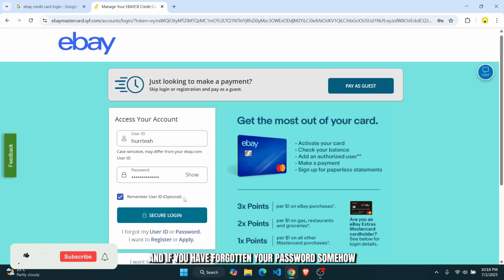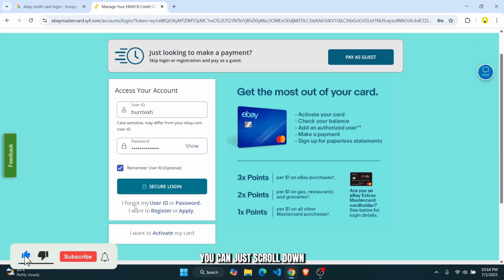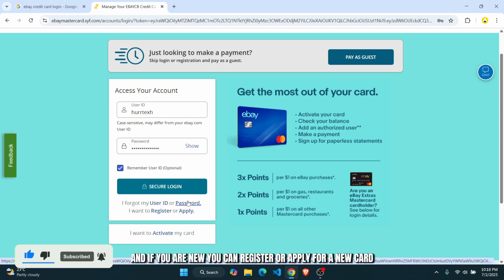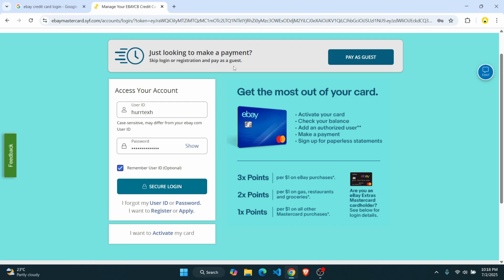And if you've forgotten your password somehow, you can just scroll down and then click on this password option to recover it. And if you're new, you can register or apply for a new card. Now you can also continue as a guest, so that is there as well. And finally, click on the secure login to log into your eBay Mastercard or credit card